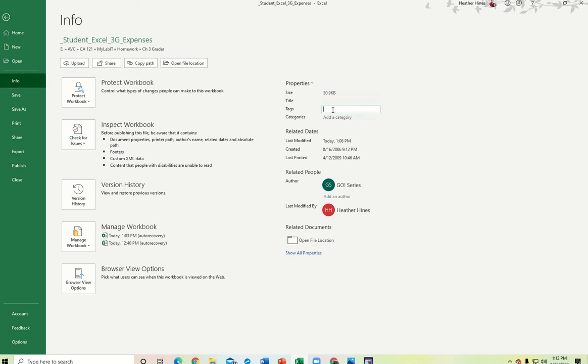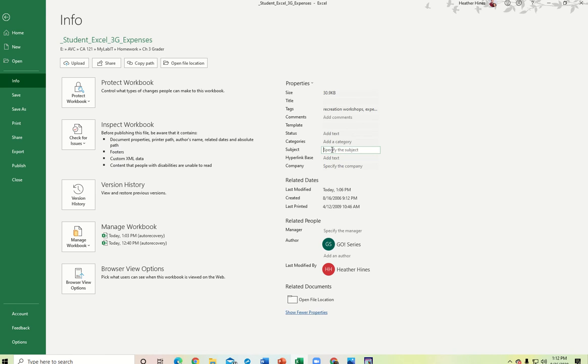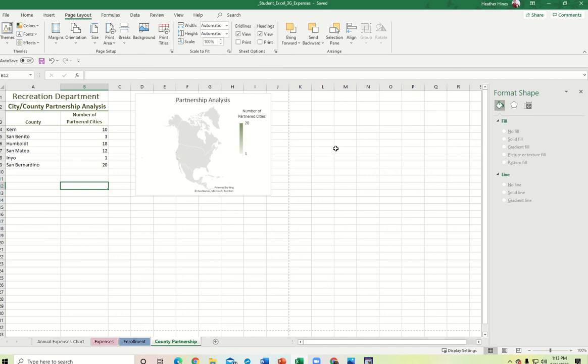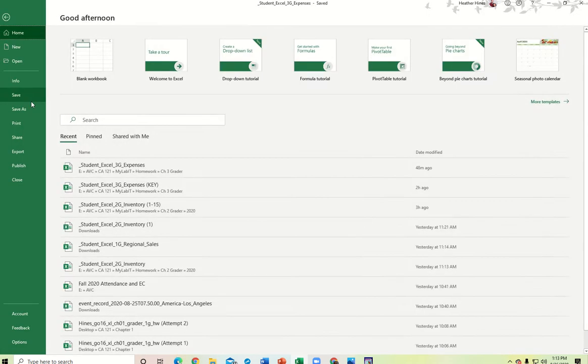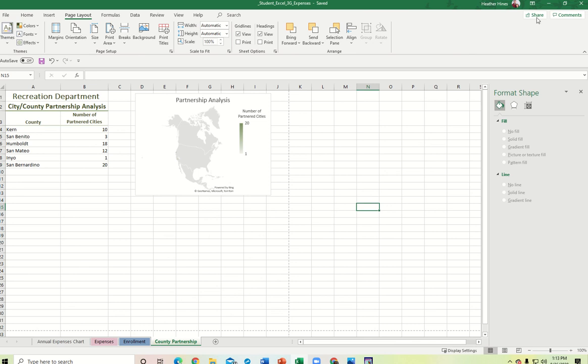Right, so under tags it says recreation, workshops, expenses. And then it wants the subject to be our course name. I don't see subject here, so I might say show all properties. And it doesn't really matter what you put here, just put CA121, that's fine. Make sure that you're here as an author. If not, you can add an author. You can press escape. I'm going to press save or escape, either one. Make sure you have saved it properly. Close it out